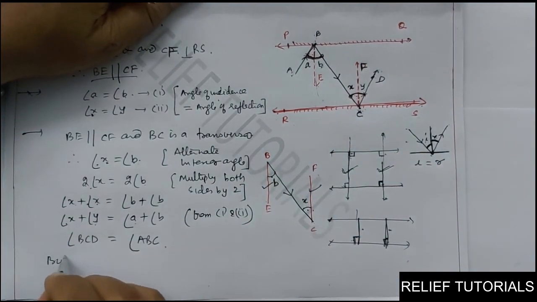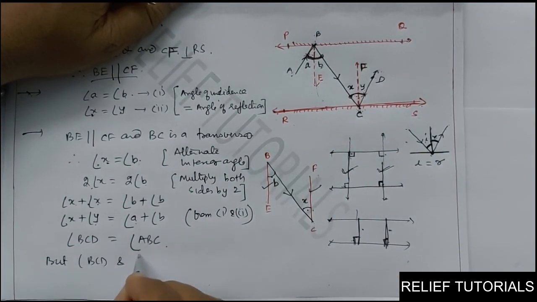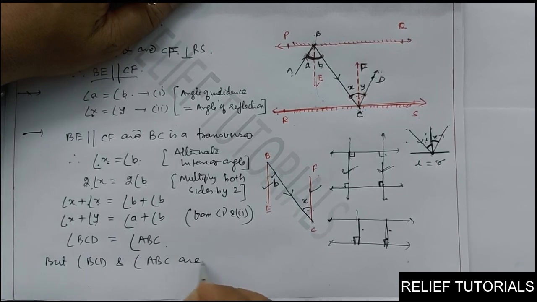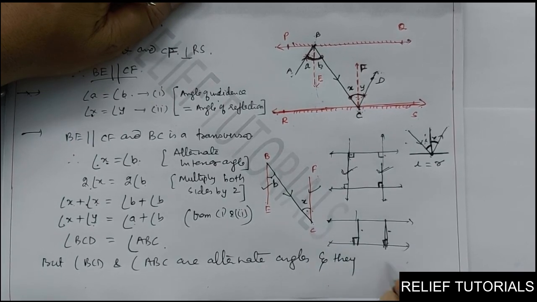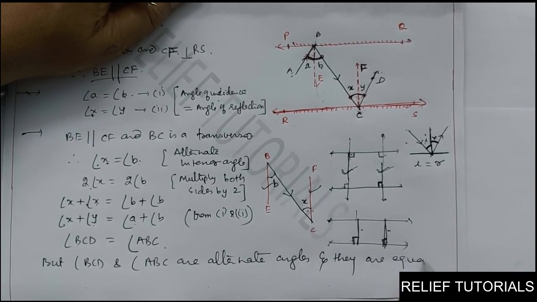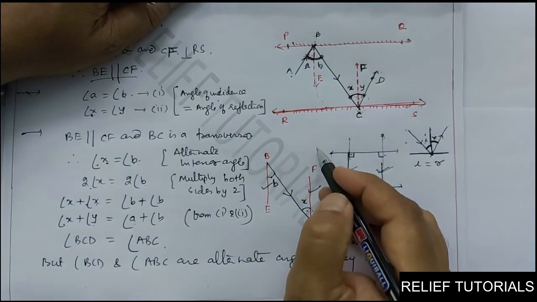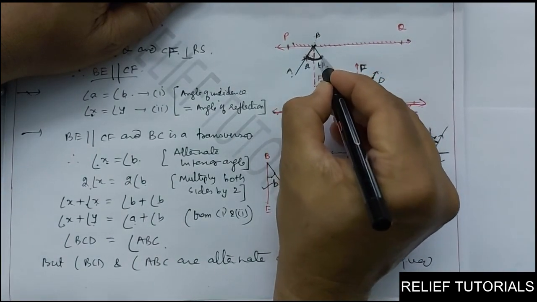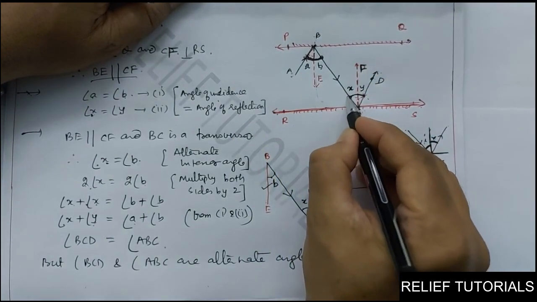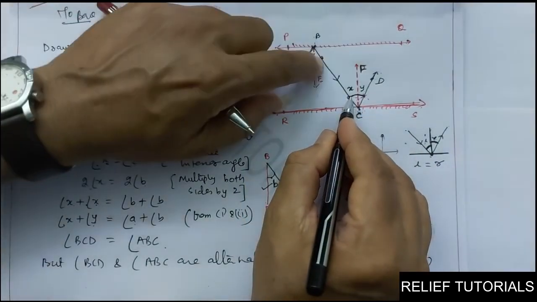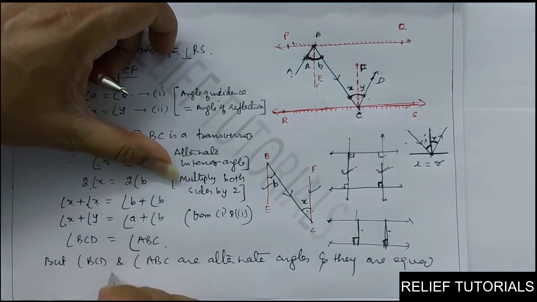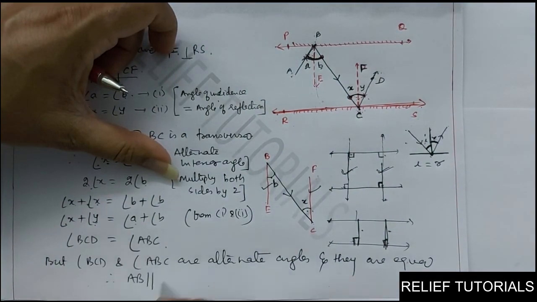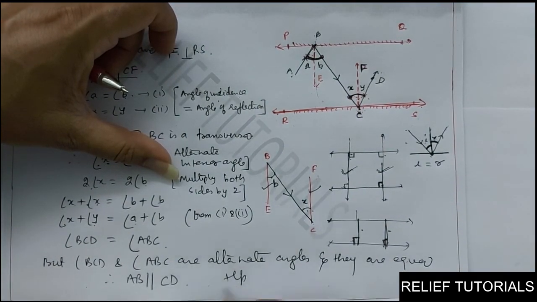But angle BCD and angle ABC are alternate angles and they are equal. So alternate angles are equal, so lines are parallel. See, both are touching transversal BC and they are touching these two lines. So those lines are parallel. So therefore, AB is parallel to CD. Hence,